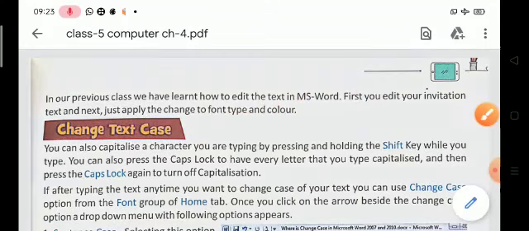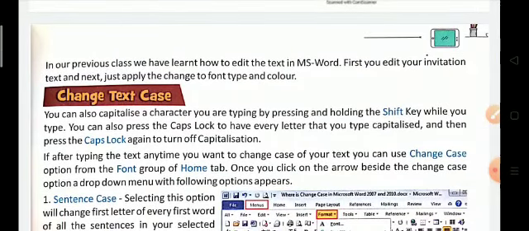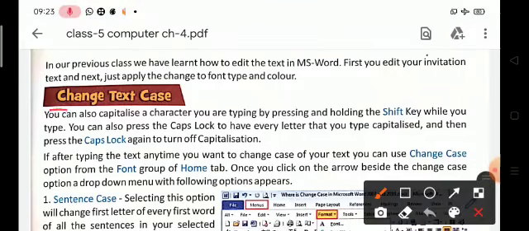Okay, children. Now MS Word provides so many tool options to change the text of any character or a sentence. So the first one is change text case.